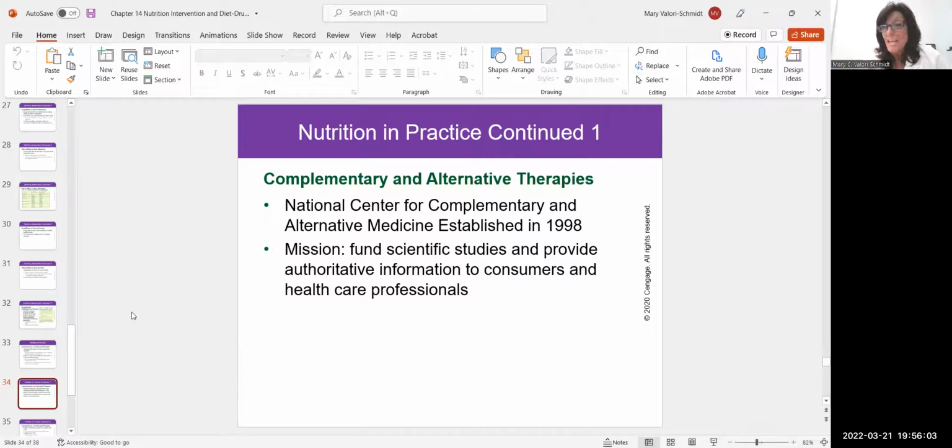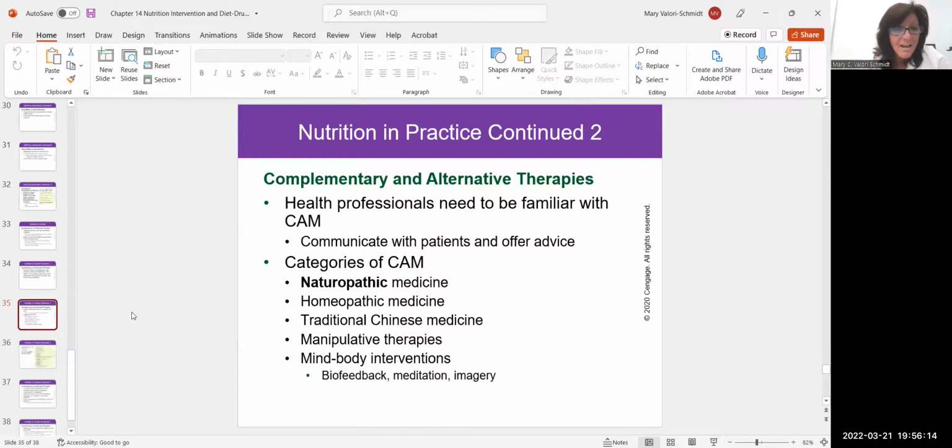I didn't realize there was a National Center for Complementary and Alternative Medicine that was established in 1998, and its mission was to fund scientific studies and provide authoritative information to consumers, healthcare professionals. Interesting. So when we talk about these different types of alternative and complementary therapies,